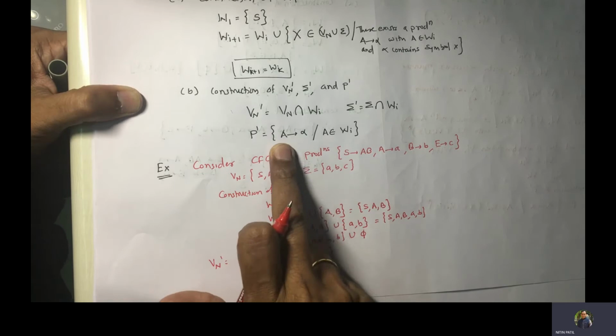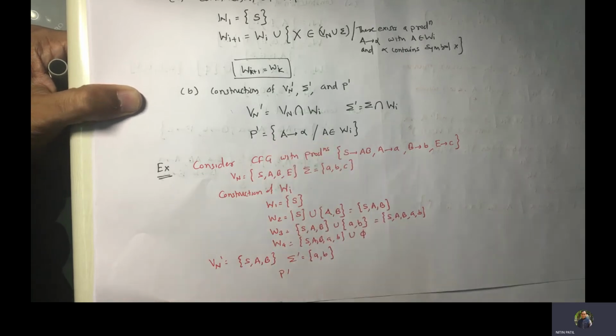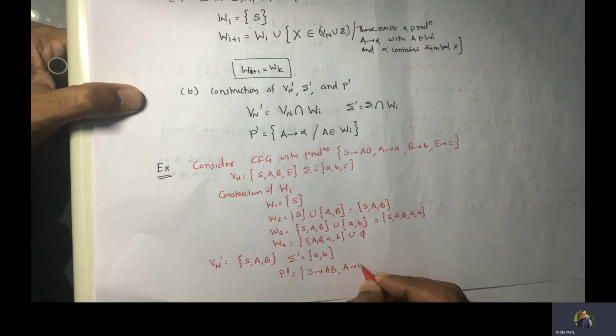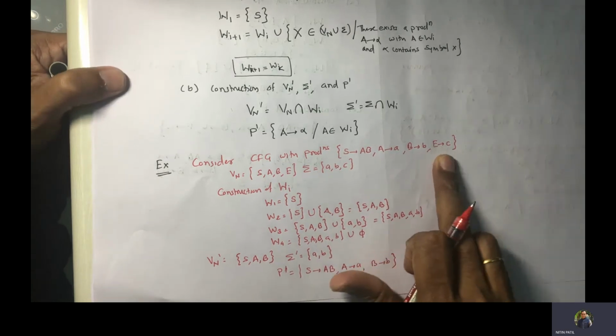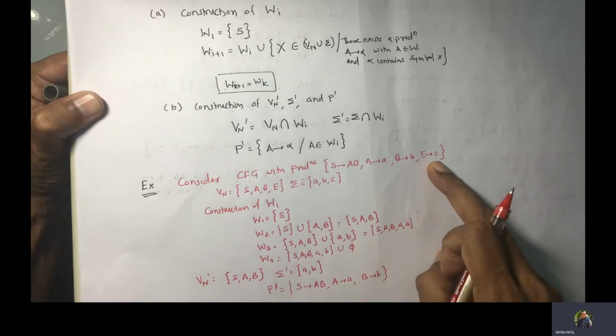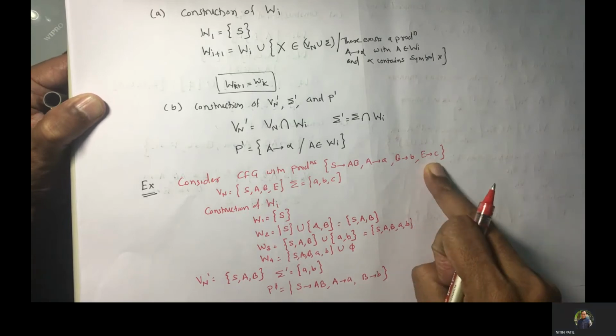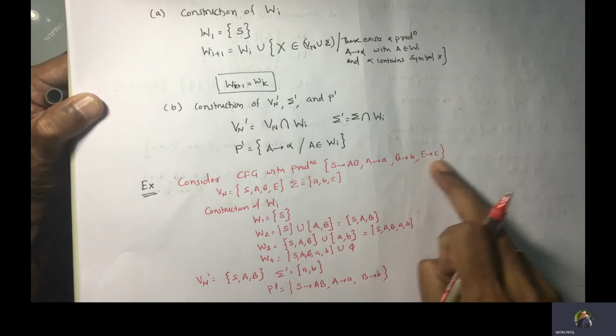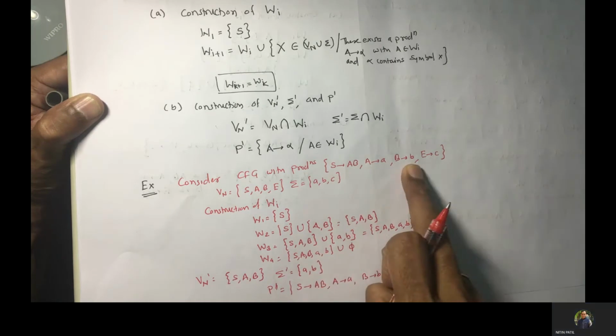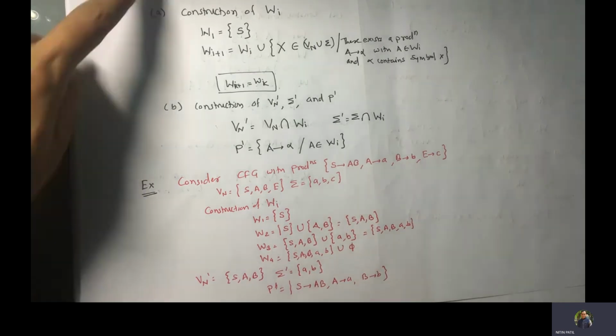Now P dash. We said we will include every production A gives alpha with A belonging to Wi. So what is P dash? In this case, what are the productions for S? So all productions for S would be included. S gives AB. Next, A gives a and then B gives b. So this is how we can construct an equivalent grammar. Here what we did was remove this production, which is not considered while deriving the string. This is never taken into consideration because even if it is there or not, we are not too worried about it, because it is not used anywhere in deriving the string or the language. So that's how you work with this particular theorem.